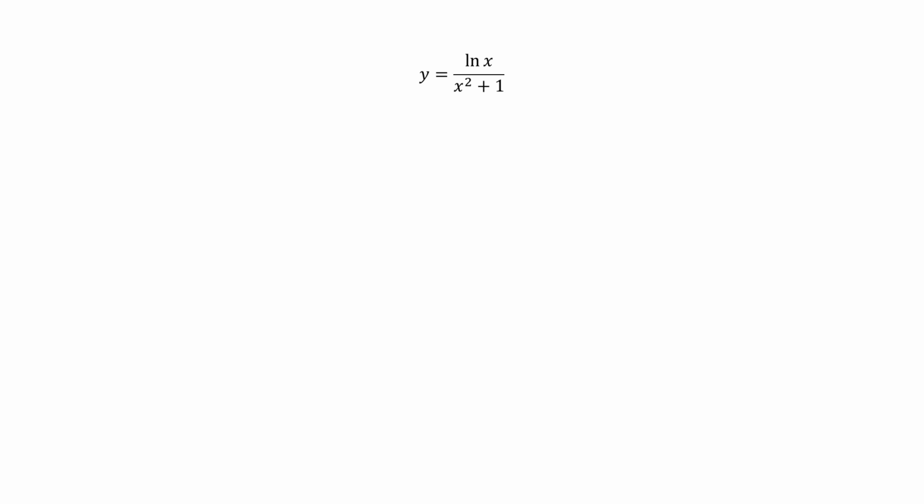The function that we will differentiate in this video is the function y equals natural log of x all over x squared plus 1. As we mentioned in the intro, we will be differentiating this function using the quotient rule. Applying the quotient rule, we obtain